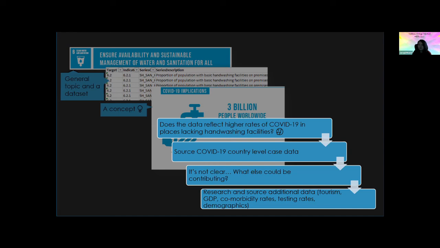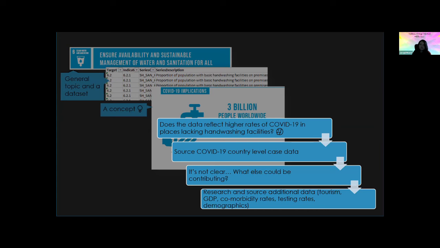So I have the SDG data. Now I need to go out and get the data on COVID rates by country and combine those. And then I take a look and the data isn't really reflecting that. So now I need to figure out why it's not, and source some additional data. So does tourism play a factor? What about GDP? Are the rates of comorbidities, the age of the population, obesity, diabetes?